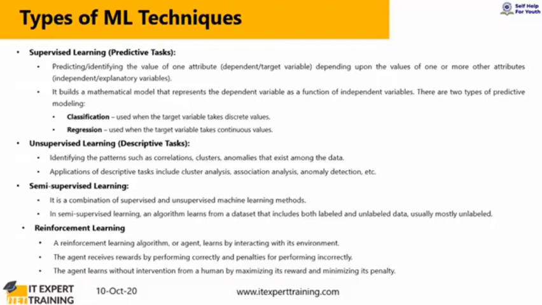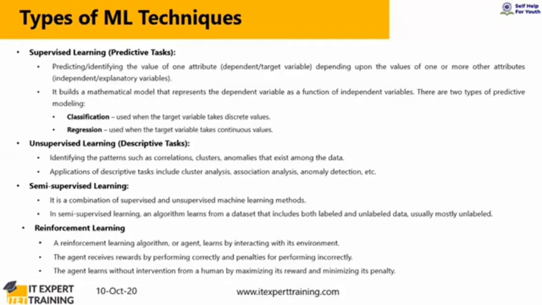Take clustering, for example, the customer segmentation problem. There are millions of customers visiting a supermarket or a mall, and you want to classify them based on their purchase behavior. So you want to group them. That is the concept of clustering. There you don't have an explicit target variable. Here your objective is to group them according to certain attributes. So this is the concept of unsupervised learning.